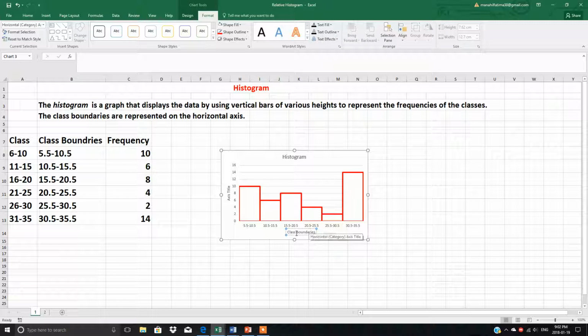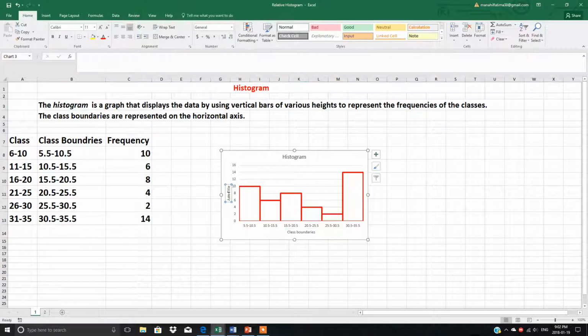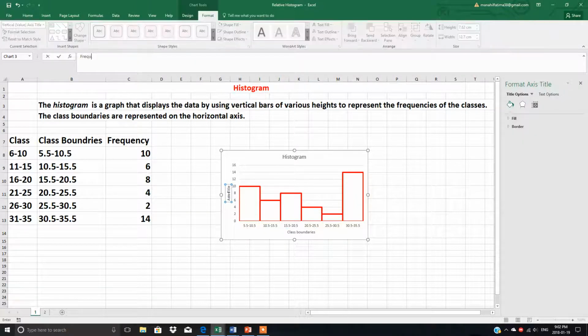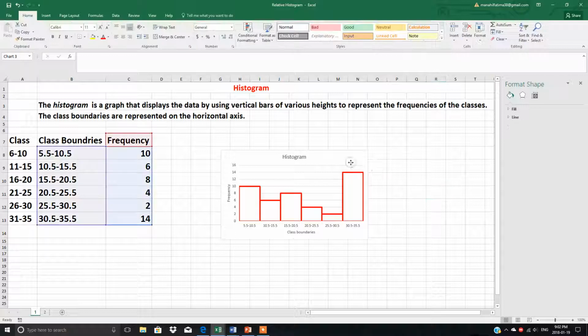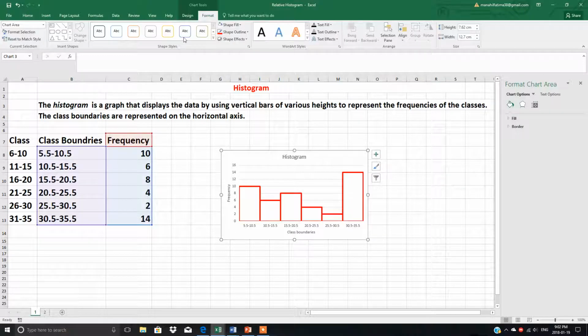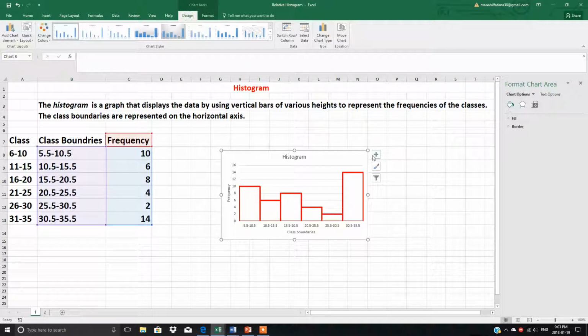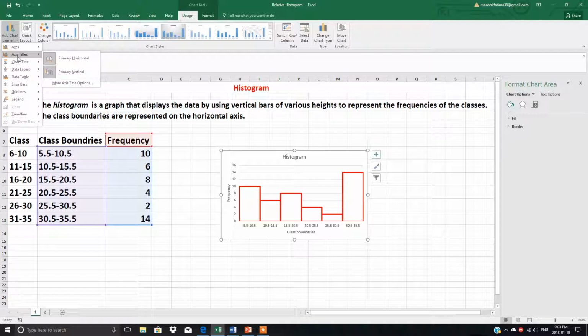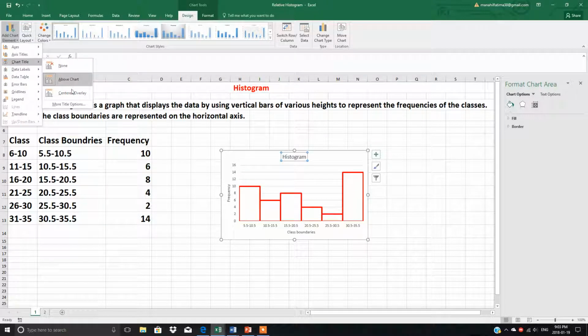These are the class boundaries. On here we have frequency. Here we have frequency, right? And see, the other function I will show you from the design tab. The same function you can perform from here, but here click on the design and add chart element. Open this, same thing. Access title, primary, this one, chart title, where you want to write down above here, center